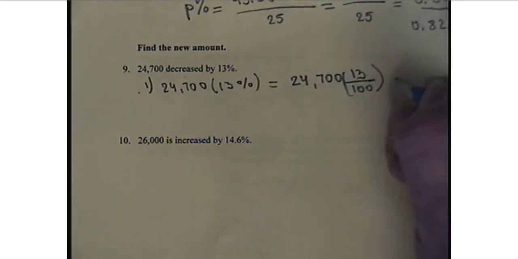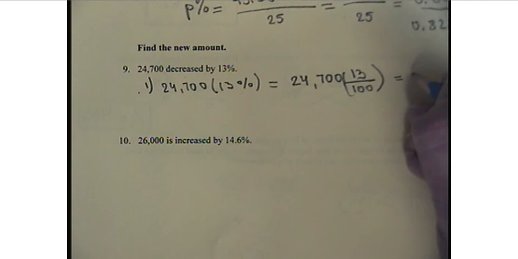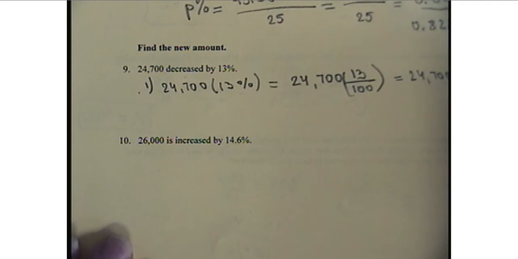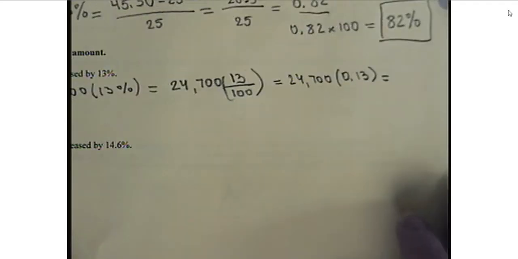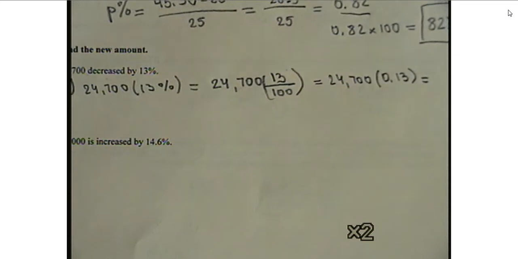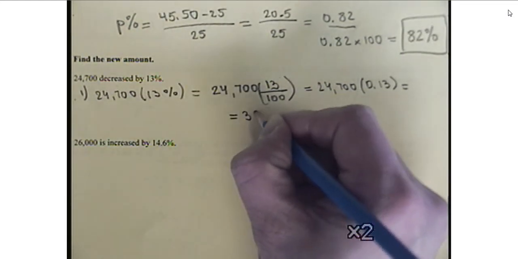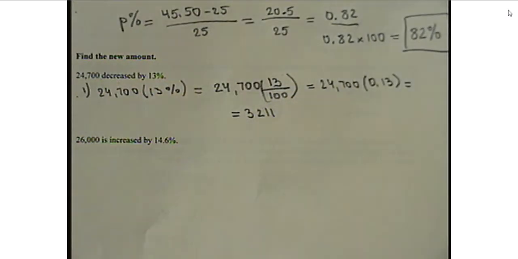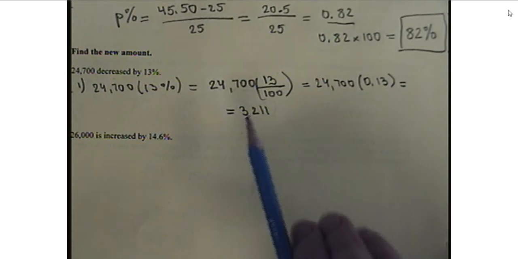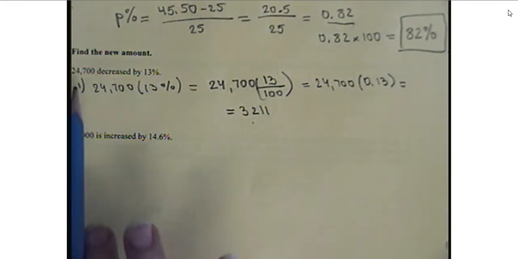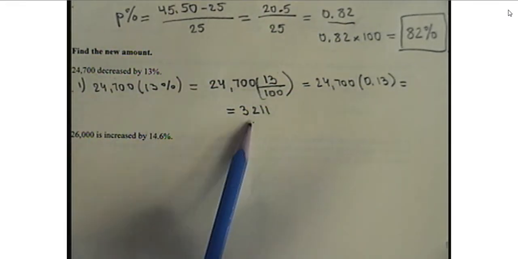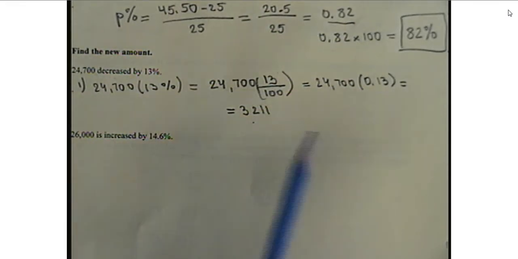So this will be equal to 24,700 times 0.13, which is equal to 3,211. Now this is the amount that 24,700 is decreased by. If we want to find out what will be the exact decreased amount, then the next step will be, step 2 will be